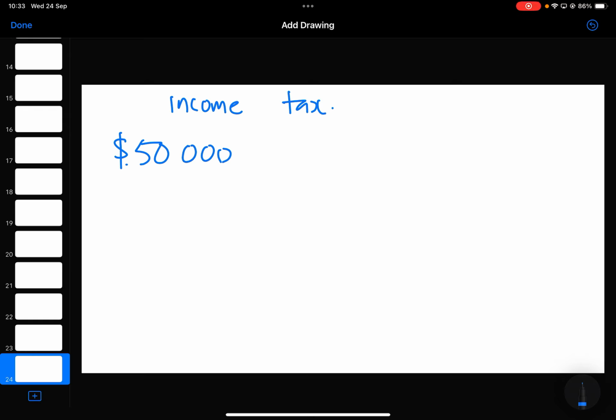Okay, for income, not every dollar that I earn will be taxed. There are some parts out of this 50,000 that government may say, oh, don't need to tax. So this don't need to tax one, they are called relief. Okay? Relief means no need tax. So, out of this 50,000 that I earn,